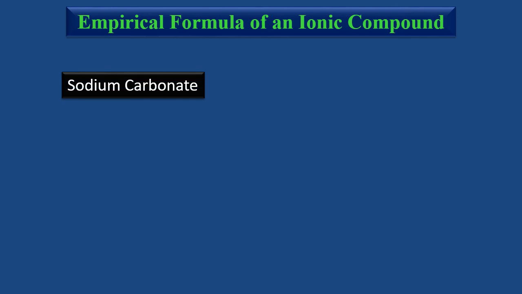Next we have sodium carbonate. Now sodium is Na+ or Na 1+. Carbonate is CO3 2-. So we cross their valencies and write 2 with sodium. The formula is Na2CO3. CO3 is once, so we do not use any bracket.